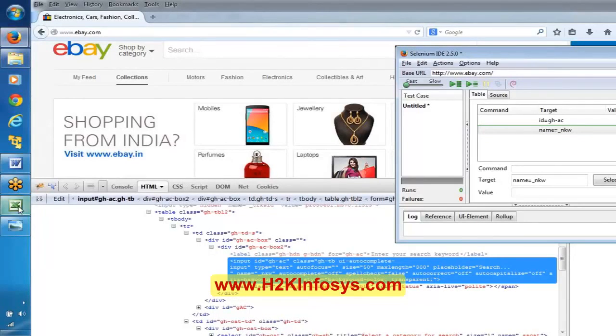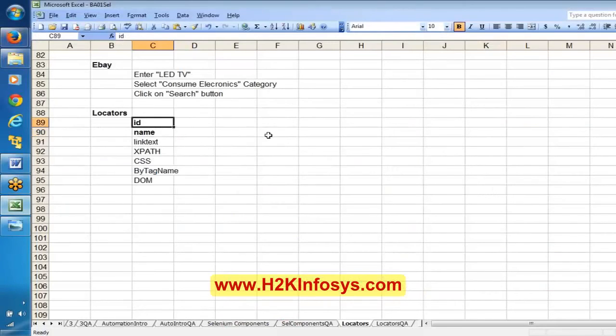So while writing the script, generally we give preference to the ID, then name, and the third preference will be given for the link text. Link text will work only with links.